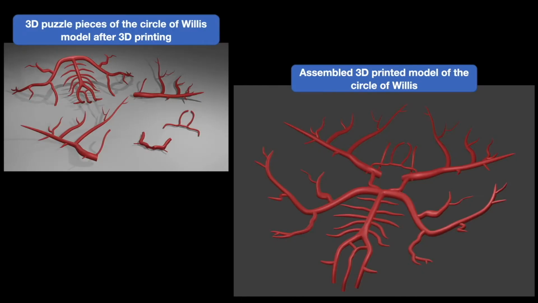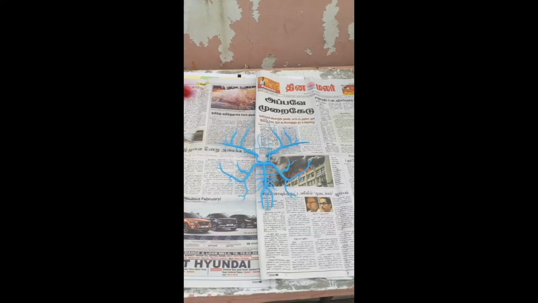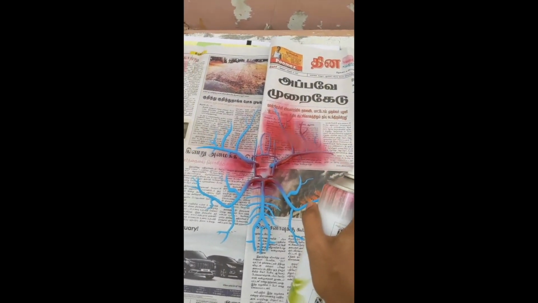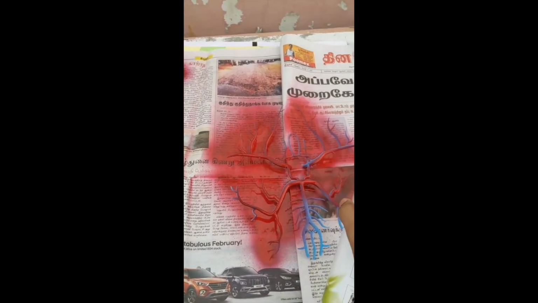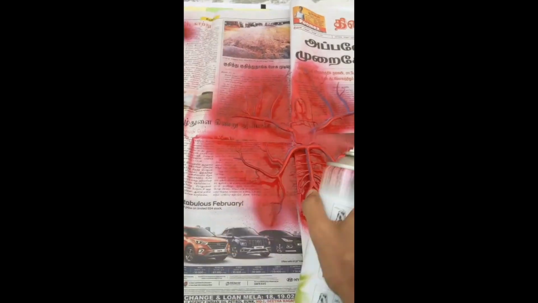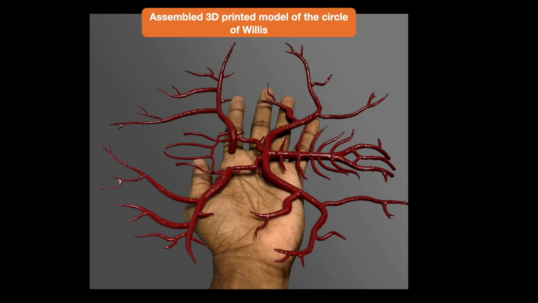On the left-hand side, you can see the 3D puzzle pieces of the circle of Willis model after 3D printing. And on the right-hand side, you can see the assembled 3D printed model of the circle of Willis. In 3D printing, the models can only be printed in a single color. After 3D printing, the models can be colored with the help of spray paint as shown here. After red spray painting, this is how the final assembled 3D model of the circle of Willis looks as shown